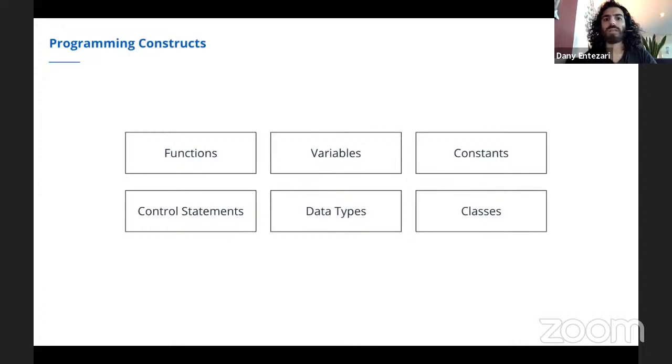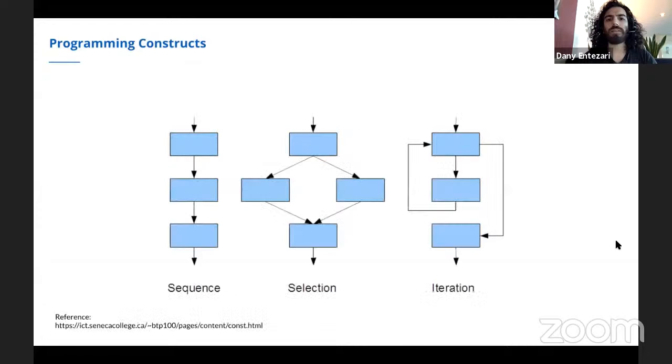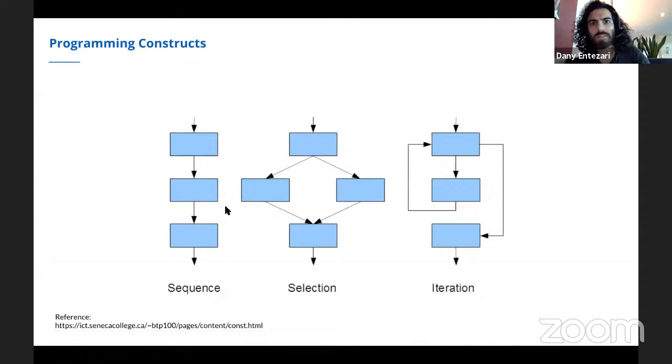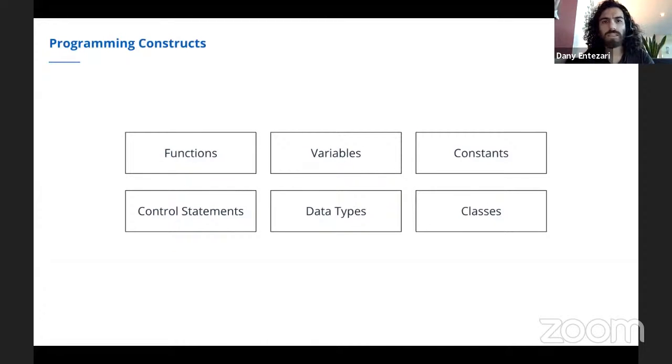Okay? So if I go back up again, if your algorithm is going to have any of these patterns, if you want to implement any of these patterns, it is these constructs with which you will make that happen.